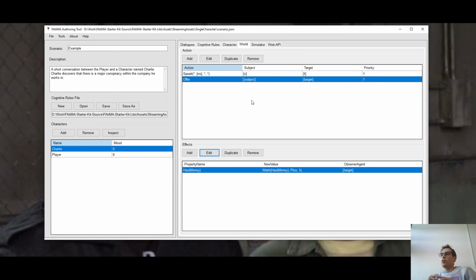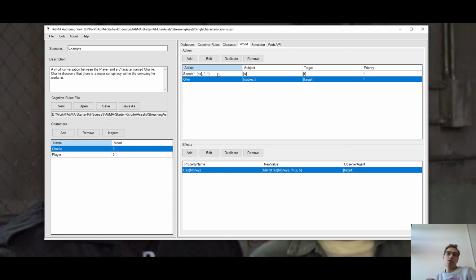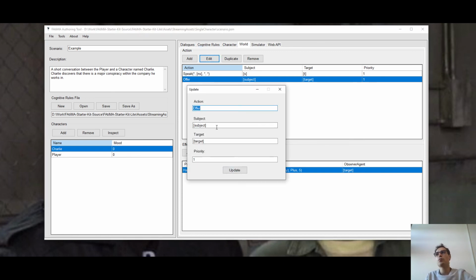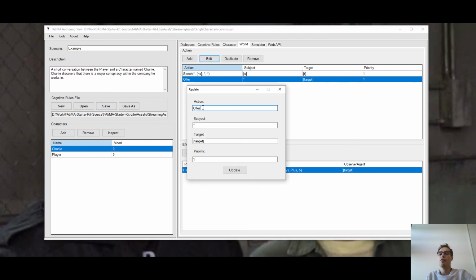Once again, this works just like the action rules, where we have different priorities and targets, and while we don't have conditions, we have effects. However, these effects are able to reach the knowledge base of the agent. For instance, right now, we don't really care for the subject, so we don't need to go and look for it. We could even do something where we have an offer, and we store the value that we want to offer here,